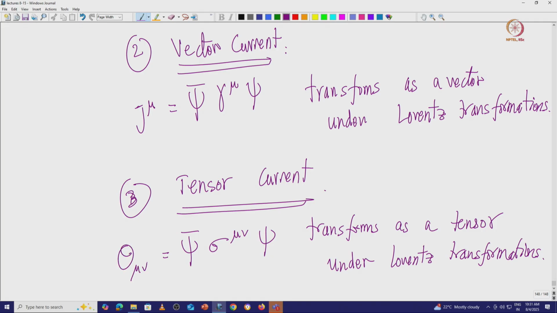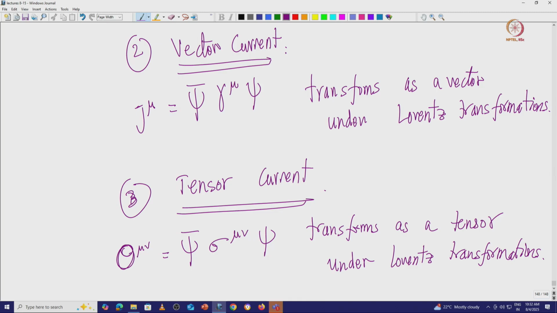We can call it theta mu nu, putting the indices on top. There are several tensorial currents, like the energy momentum tensor and so on. This transforms similar to the energy momentum tensor, because it has 2 indices under Lorentz transformations. But this is a completely different current, which also has implications, and Dirac theory has a prediction for this particular current in the simplest electromagnetic theories of Dirac theory.